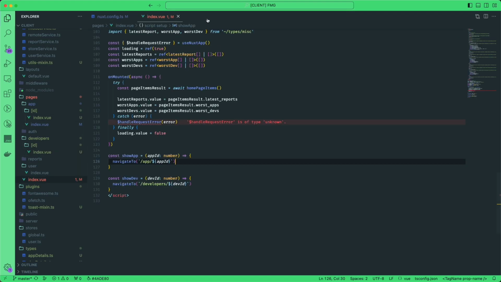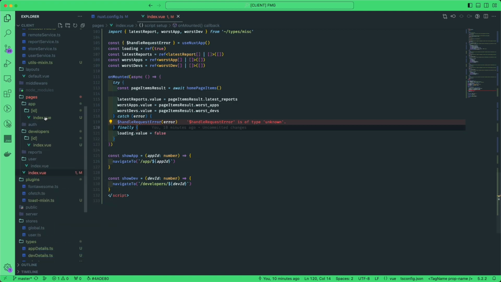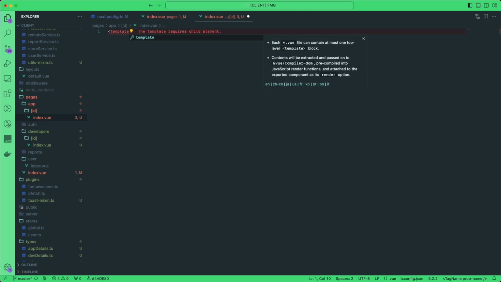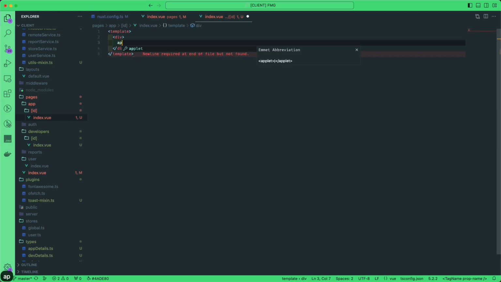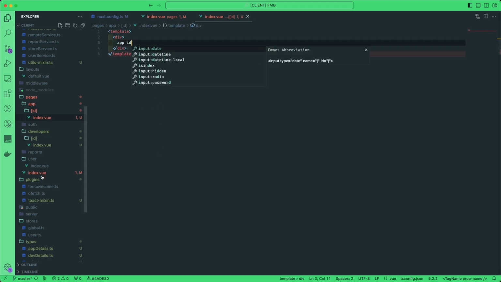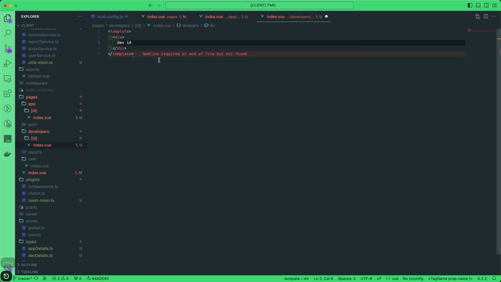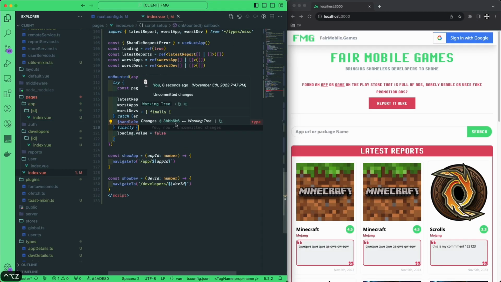Okay, let's leave this for now. Actually, let's also delete this file over here. We don't really need it. Let's actually add some default data in here. Otherwise, I think our website won't load. So let's say in here app ID. And then for the developers, let's do the same. Let's actually copy it. And we're going to say dev ID in here. Let's add a line at the end. So if we go to our page right now,